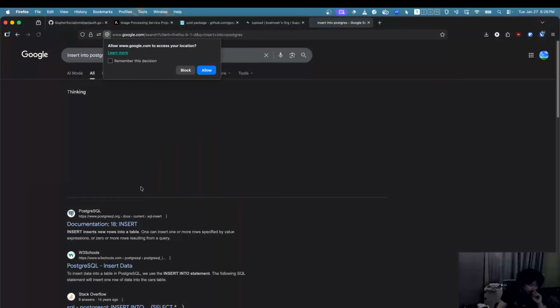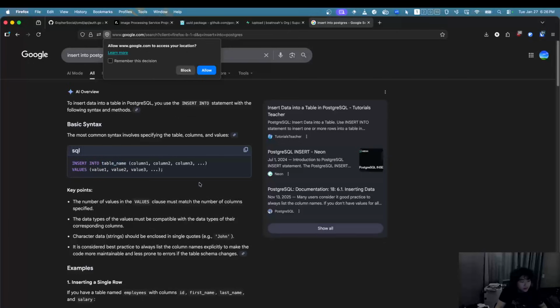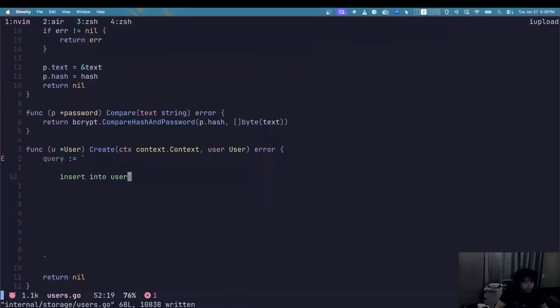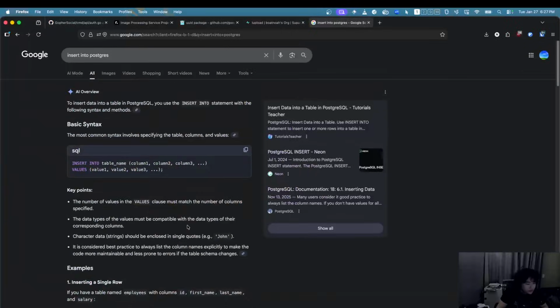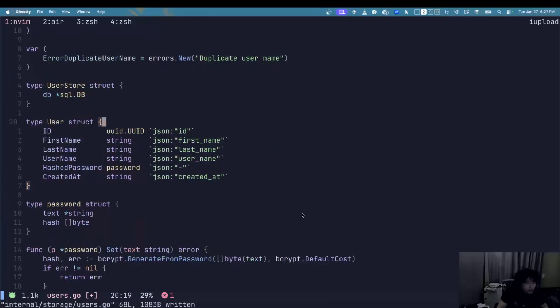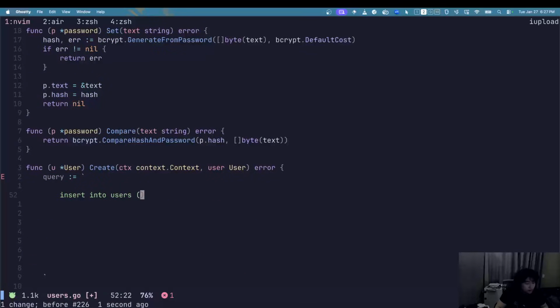I'm so bad with this SQL syntax. Insert into the table name, then the columns. Yeah, okay. So insert into users, table name, and then the fields. So we're going to basically,